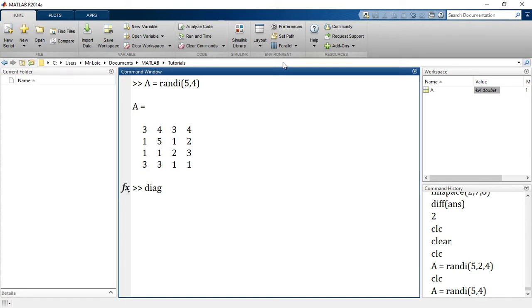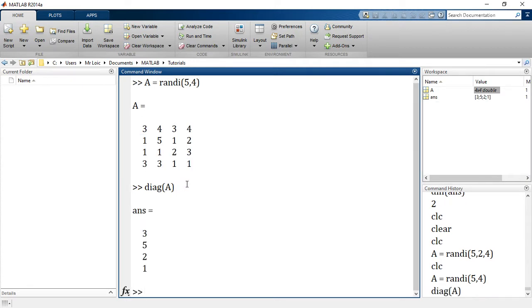Again, diag applied on a matrix provides a vector, and the elements of that vector are simply the diagonal of the matrix on which it was applied. So if I say diag of A, where A is this matrix, and I press enter, what happens? It gives me the elements of the main diagonal of A in a new vector.